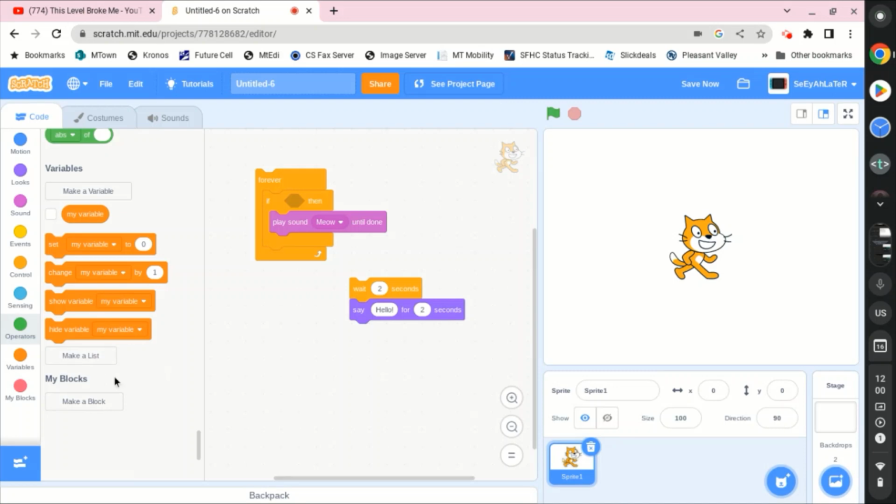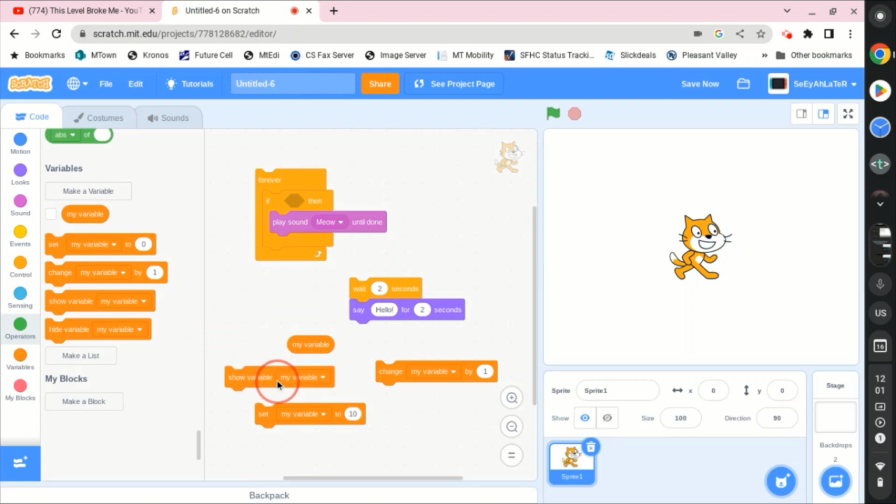Okay, we've made it to the final thing. Well, the final two things. So variables. I've kind of talked to you about variables. A variable stores a number, so if I set my variable to 10, then this would say 10. You can change my variable by 1 or whatever number you want, so that'll just change it by 1. This will just set it to the number you want, and then you can show it on the screen